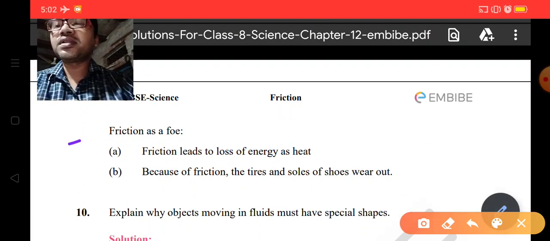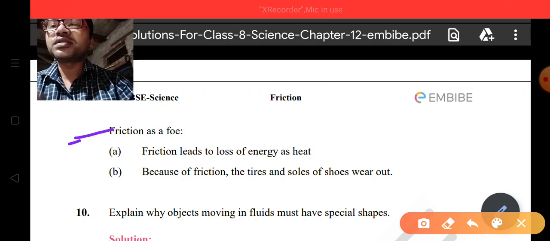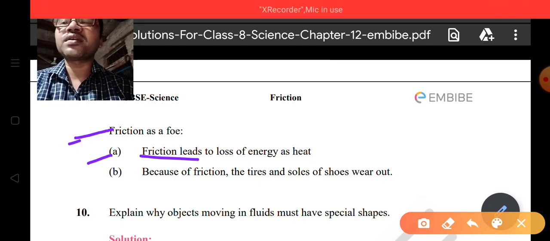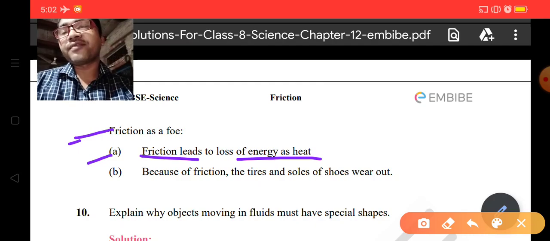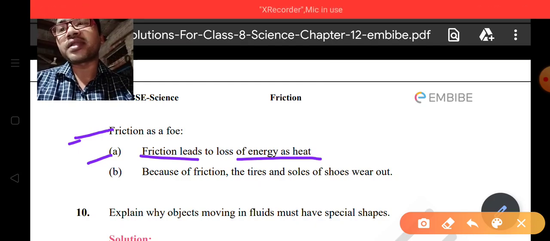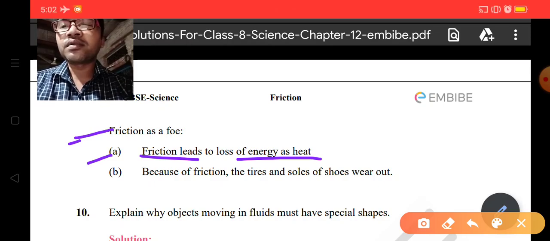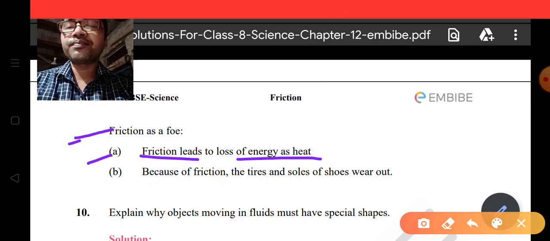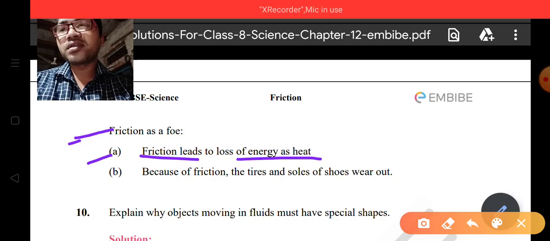That is friction as a foe, enemy. Okay, so let's see the point A. Friction leads to loss of energy as heat. Yes, we don't want to waste our energy at any cost, but due to friction it is lost in form of heat many times or always, you can say. So in this case friction plays very